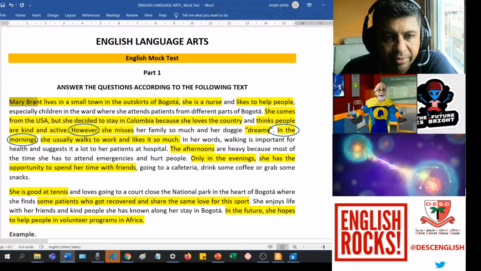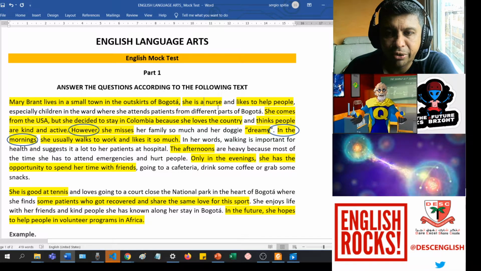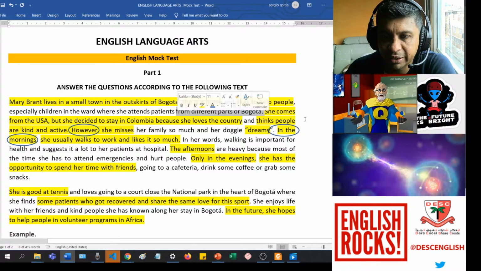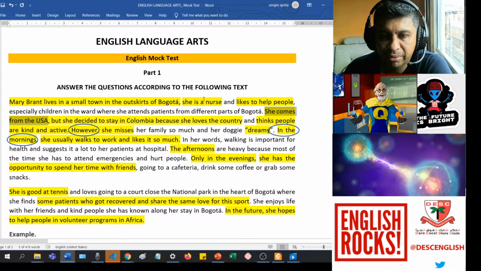And it begins. Mary Brand lives in a small town in the outskirts of Bogota. She is a nurse. Aquí nos estamos apropiando la información introductoria que es muy importante. Mary Brand vive en un pequeño pueblo en las afueras de Bogotá. Ella es enfermera. Likes to help people, especially children in the ward where she attends patients, especialmente en el pabellón donde ella atiende pacientes from different parts of Bogotá, de diferentes partes de Bogotá. She comes from the USA, so this is important to have in mind. Es importante considerar. Ella viene de los Estados Unidos,